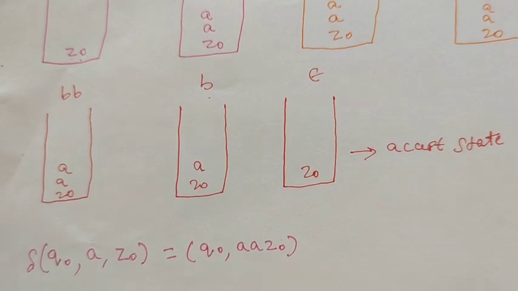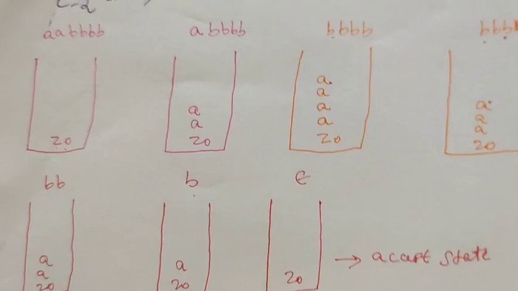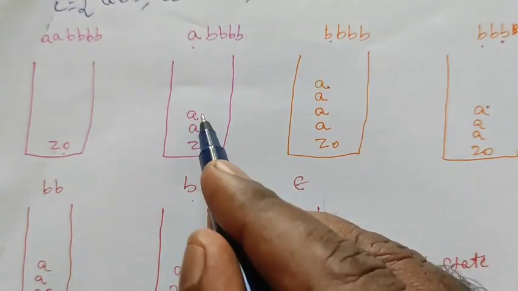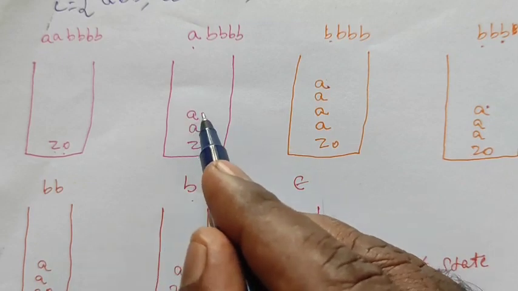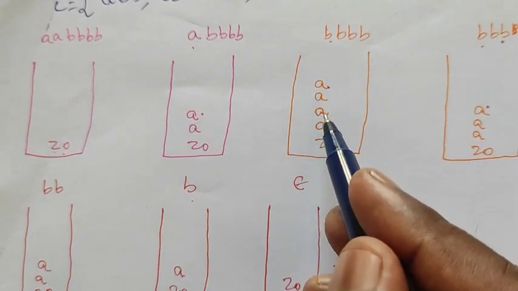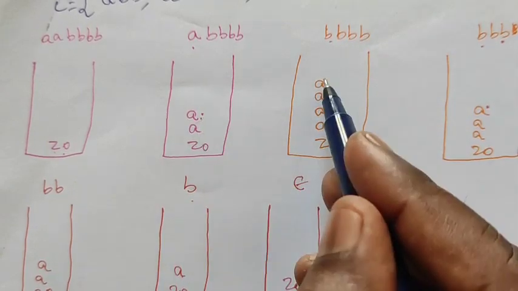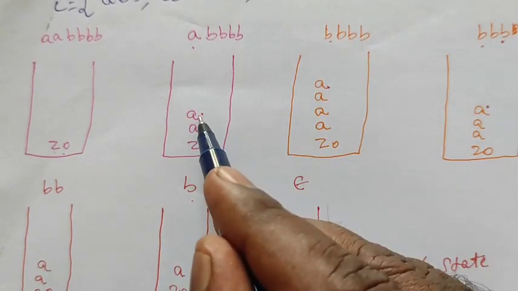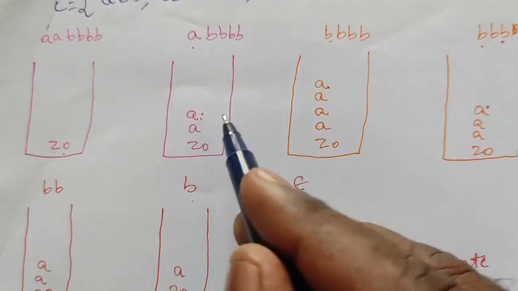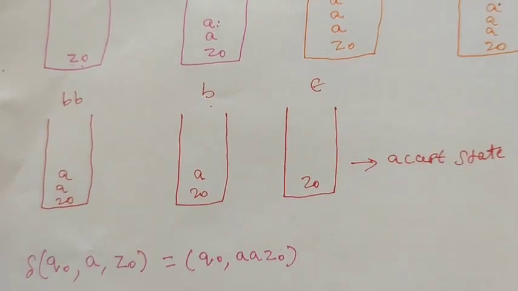So this is one transition function. Now I go to the next transition function. So how to write the next transition function? See here, input is A, topmost symbol is A. That means this A is untouched, and apart from that, I am pushing two more A's here. That means we have to altogether write three A's here. So this A is untouched. So what we have to do is we stand here,